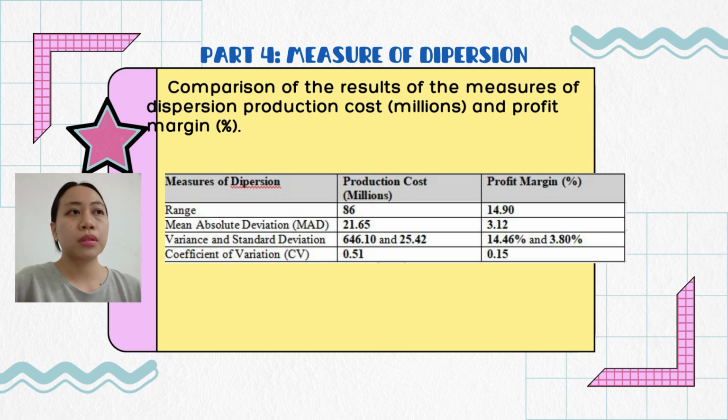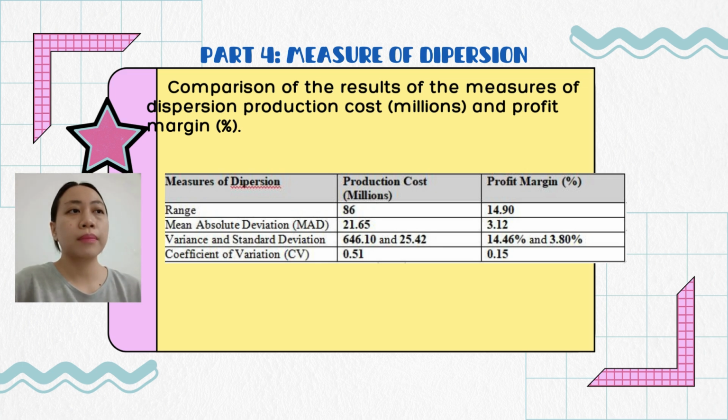Similarly, the mean absolute deviation for production costs is 21.65, showing greater variability around the average compared to 3.12 for profit margins. The variance and standard deviation also highlight this difference, with production costs having significantly higher dispersion, which is variance 646.10, standard deviation 25.42, then profit margin variance 14.46% and standard deviation